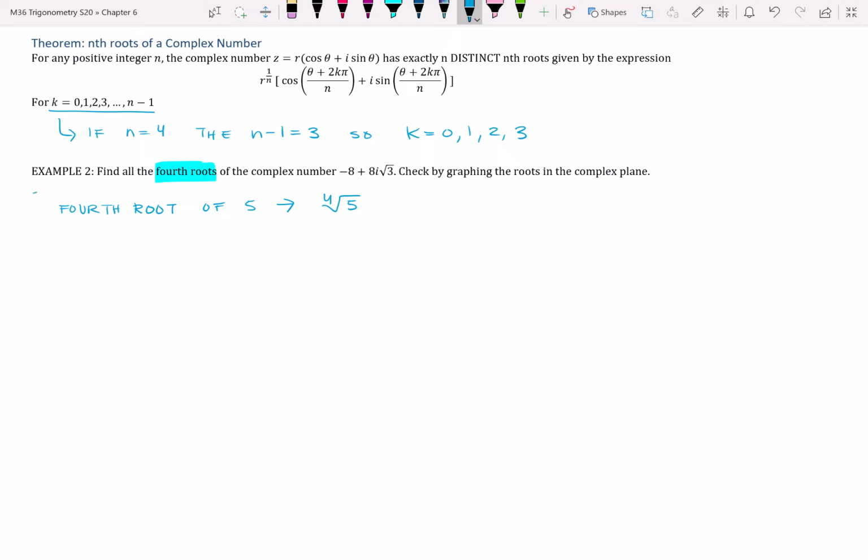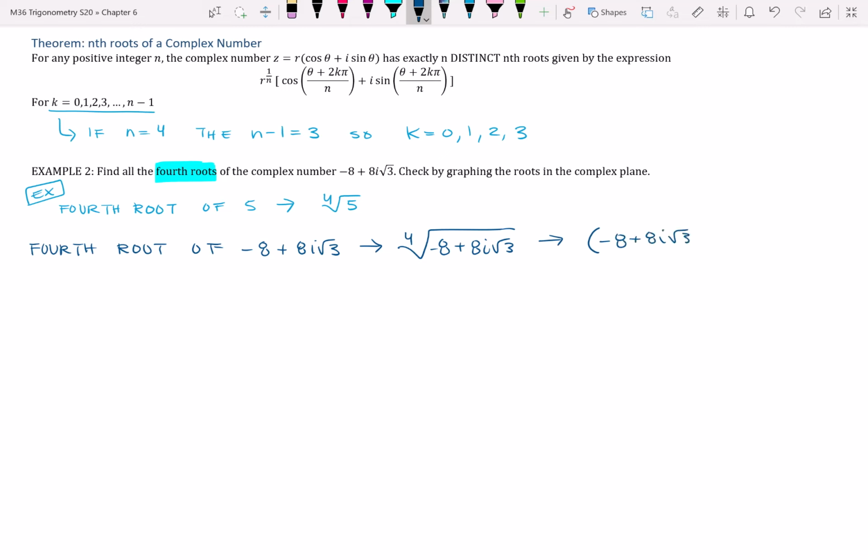So in our problem, sorry about the cars, you guys. In our problem, we're looking for the fourth root of negative 8 plus 8i square root of 3, which again we could write as the fourth root of negative 8 plus 8i square root of 3, which can also be written as negative 8 plus 8i square root of 3